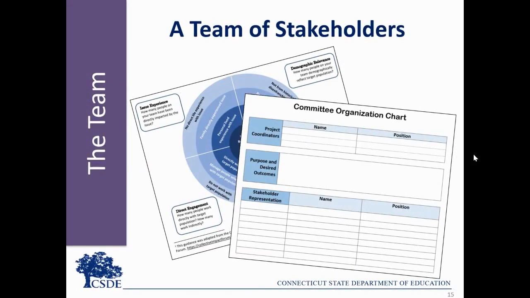Now let's consider who should be at the table. The success of this work is dependent upon bringing together a team of stakeholders to engage in the work of the toolkit. Stakeholders not only include teachers, staff, and support personnel, but families, community members, and students. In order to foster equity, it is critical to include the voices and perspectives of a variety of members of the learning community, including those that are most impacted by the challenges. We have included tools like a link to Hexagon's stakeholder engagement guide and the committee organization chart to support the work of strategically bringing a team together that will offer different perspectives and insights to the work.